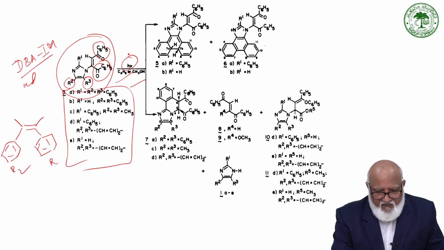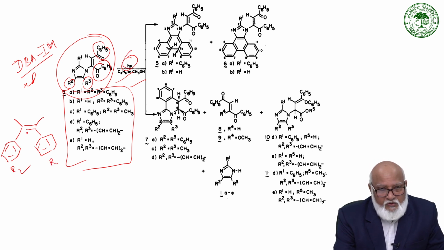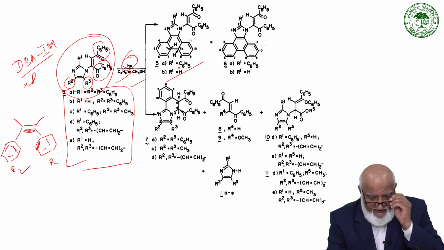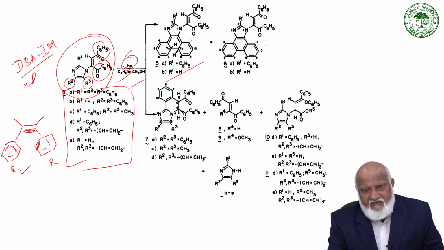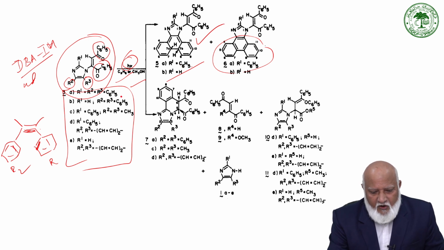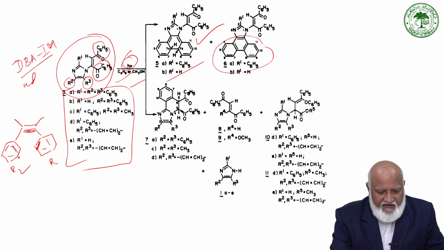Then under photolytic conditions, these two phenyl groups are nicely set for 6 pi electron cyclization, 2, 4 and 6, giving rise to a dihydrophenanthrene derivative. Then it undergoes very fast aromatization to give the phenanthrene derivative under very mild conditions. But the main photoproduct is the dihydrophenanthrene derivative, which is observed when R2 and R3 are a diphenyl